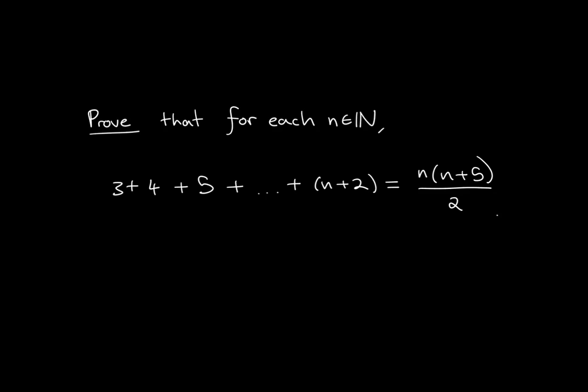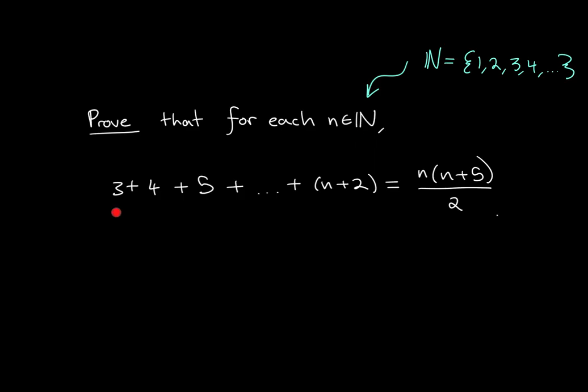All right, we set out to prove that for each natural number n, so that's what this says right here. This set is the set of natural numbers, denoted with a bold-faced N like this, and it is simply all the counting numbers, if you did not know: 1, 2, 3, 4, ... We need to prove that for each natural number, notice that there are infinitely many of those,